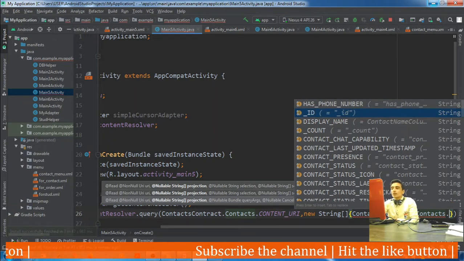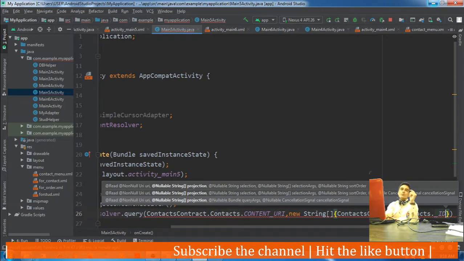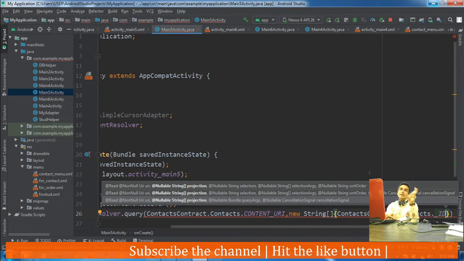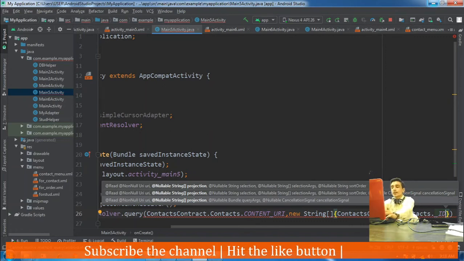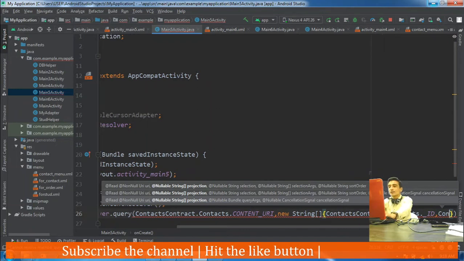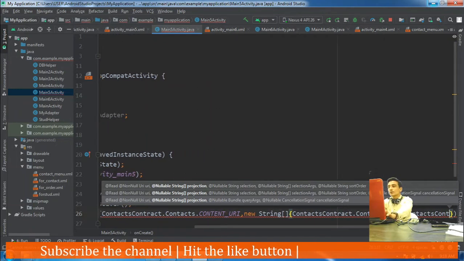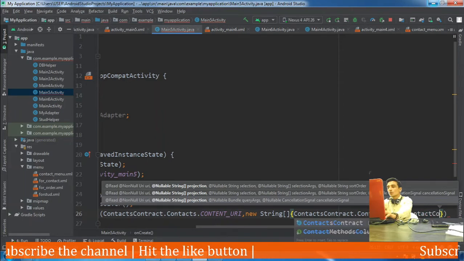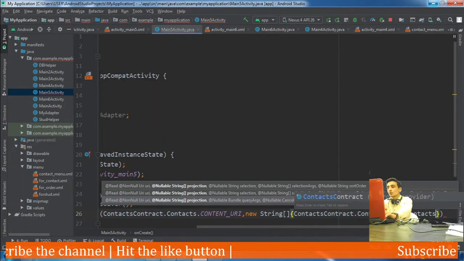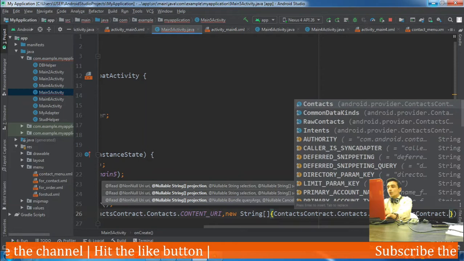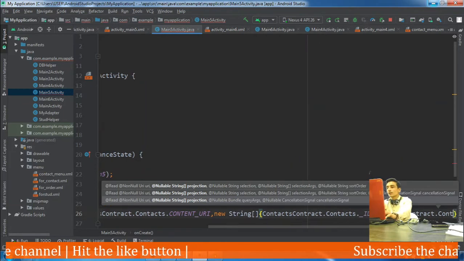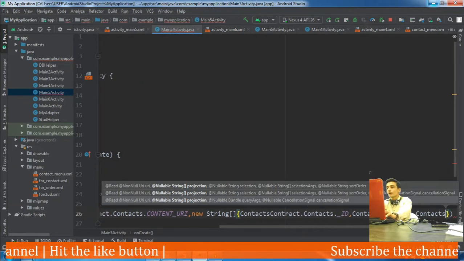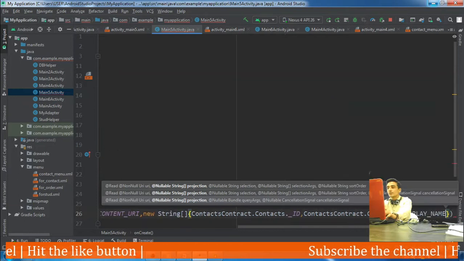So you can see here the id column is there, so we would ask for 2 columns. Underscore id, which is a requirement of simple cursor adapter, and the second column in which we are interested is ContactsContract dot Contacts dot display name.